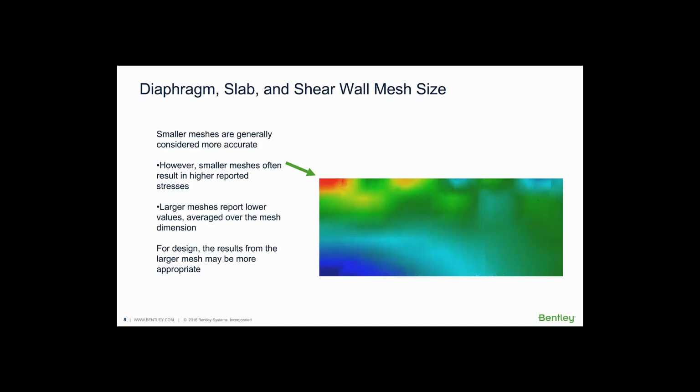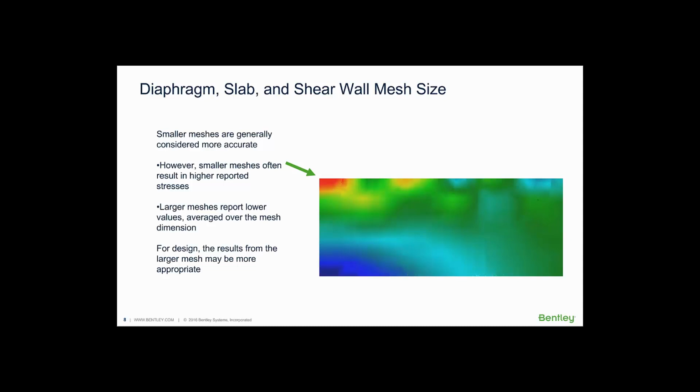And so the small mesh giving the higher stress concentration for a diaphragm or slab or a shear wall may very well give values that are not accurate for design, but rather the larger, more regular mesh would give you answers where that shear stress has been spread out a little bit more,